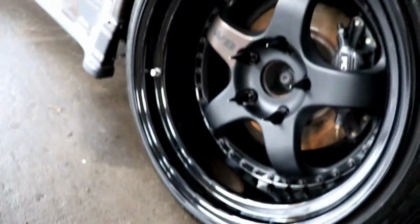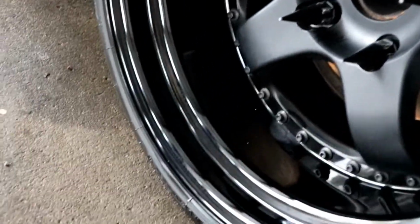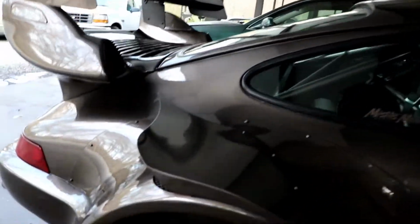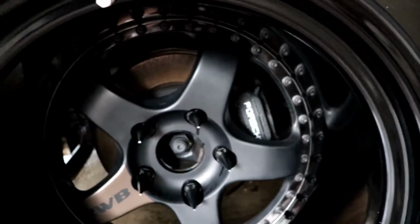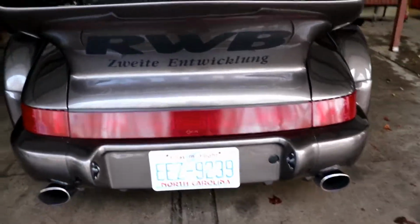It's got Adam's Polishes VRT on it. All of the wheels are super clean. And these wheels are just amazing in general. I mean, obviously RWB there, but it's like engraved in the rim. It is an amazing car, and you truly have to see one to just understand the greatness of it. It is ridiculous how cool this thing is, and